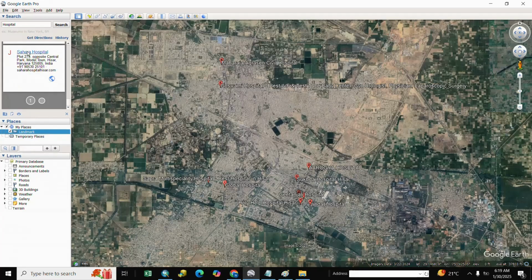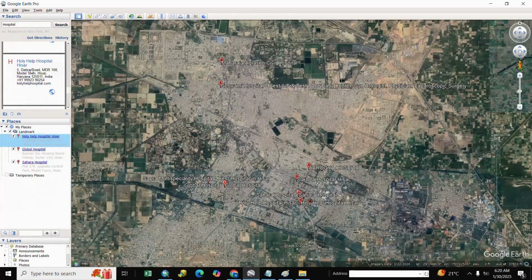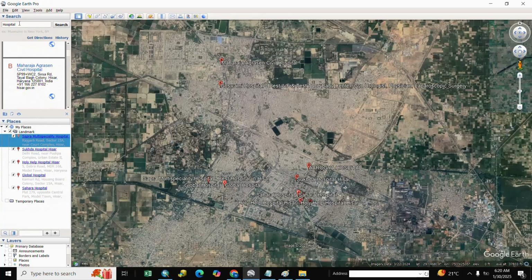We go to hospital name, right click and copy as KML file and go to landmark. We paste it, and next we copy as KML file, we paste. Next we copy and paste, and next we copy and paste. Same as if you want other, we write here bank,